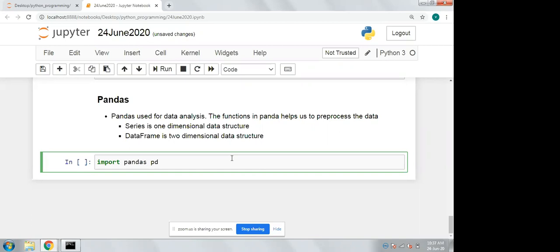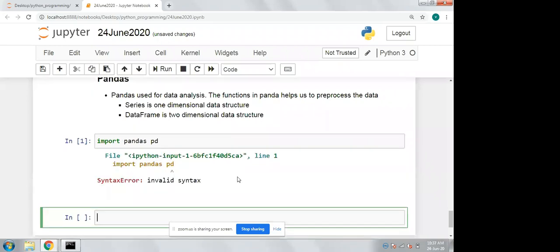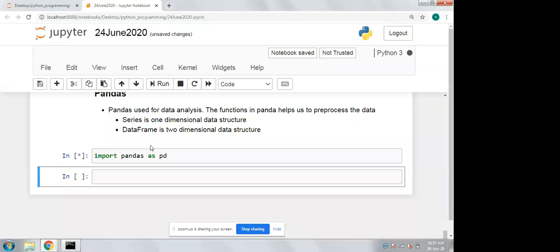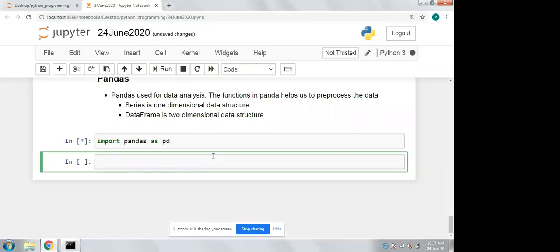So we are giving a name to pandas: import pandas as pd. We are giving an alias name to the pandas module.